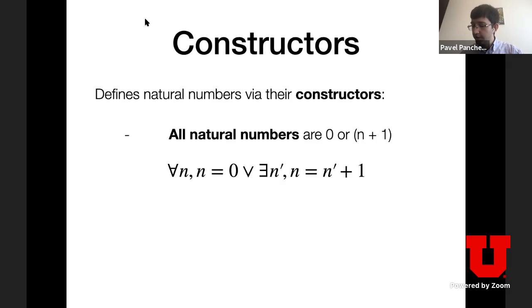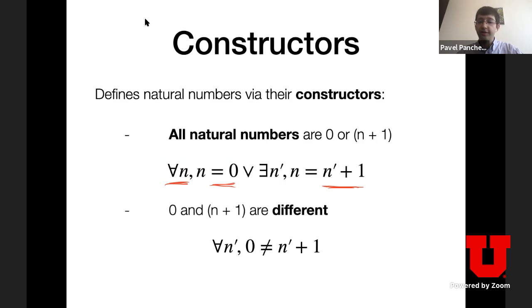So all natural numbers are either equal to 0 or they're equal to n+1 for some n. And those two things are distinct. So 0 and n+1 always produce different values. So we can think of this as saying that all natural numbers come via one of two mutually exclusive mechanisms, either via 0 or via something +1. So if this is telling us